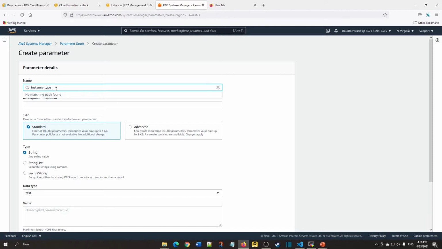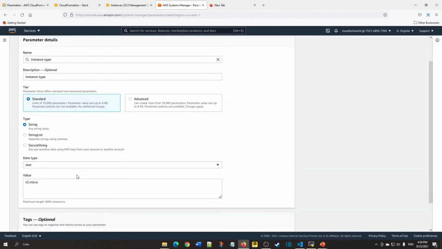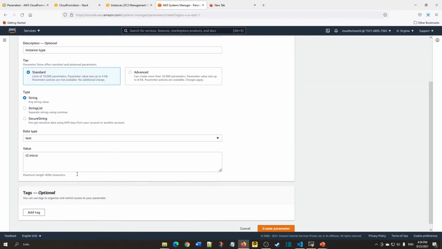I am giving this as a reference. The description is optional. I'm choosing the type as string. In the value, I am giving the instance type. Instead of hard coding our instance type in the code, we are making use of Systems Manager parameters. Then click on create parameter.